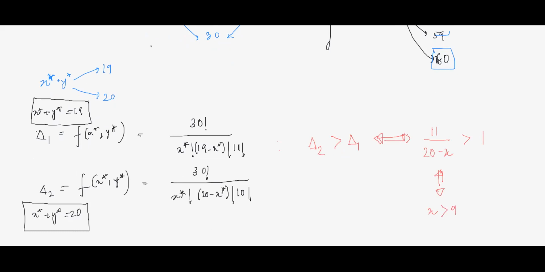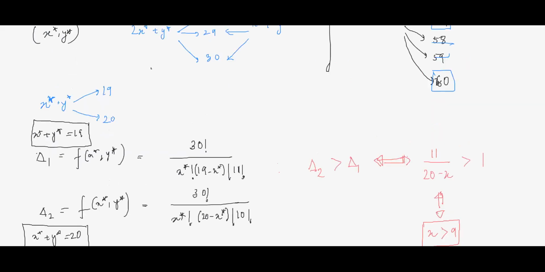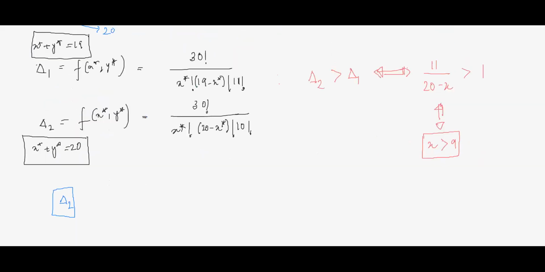So if x is greater than 9, therefore lambda 2 must be greater than lambda 1. Now let's see when this happens, that for lambda 2, when it varies over x star, it can take values from 0 to 20, right? When it varies over x star, by the binomial thing, we know that it takes the maximum value,